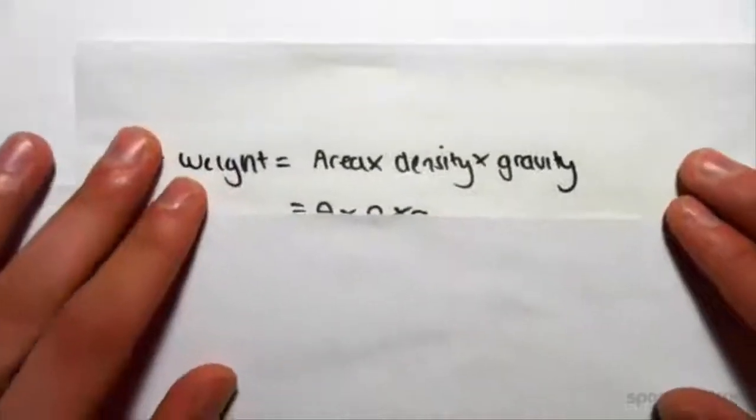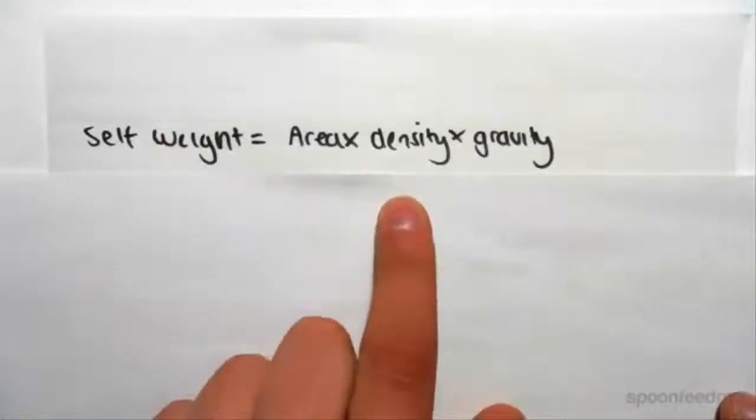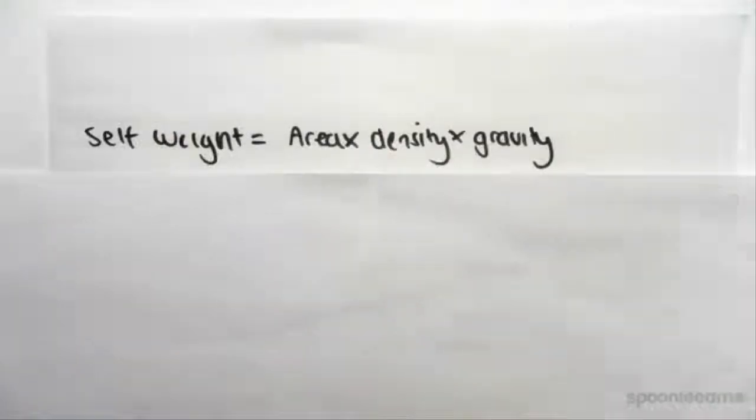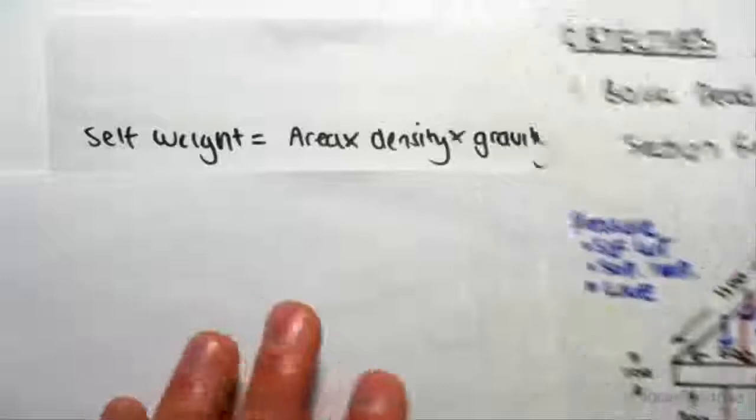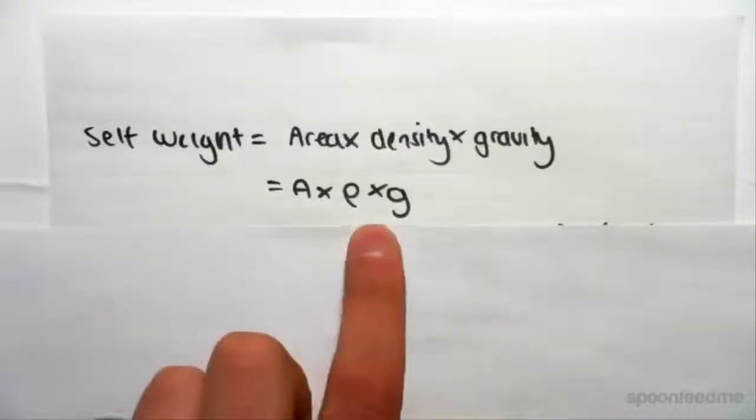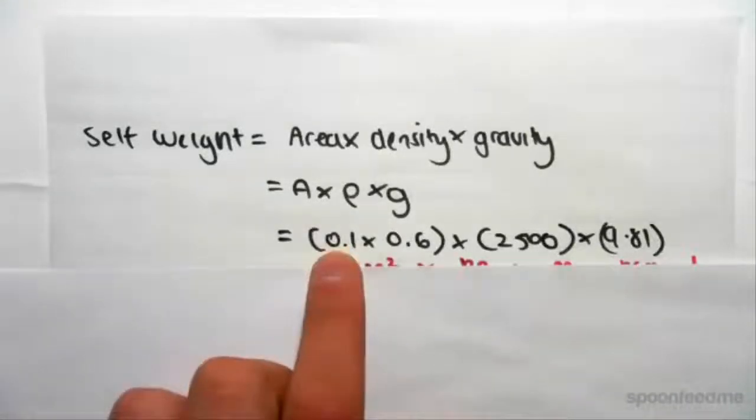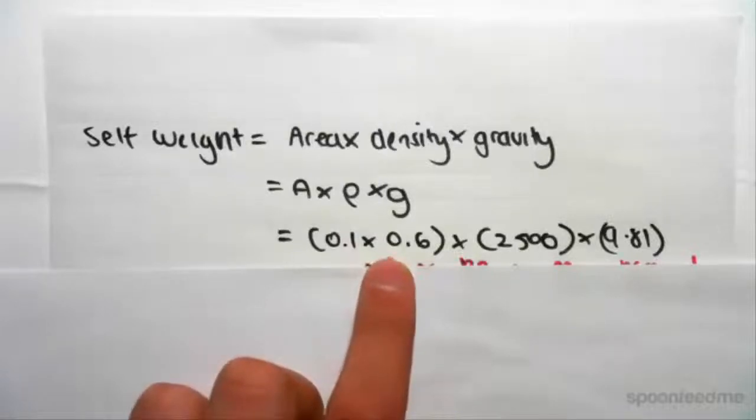The self-weight, as we discussed in the previous video, is the area times the density times the gravity. And we spoke about how to work out that area. So in this case, it's area times rho times G. The area is going to be 0.1 by 0.6. I'm working in meters and